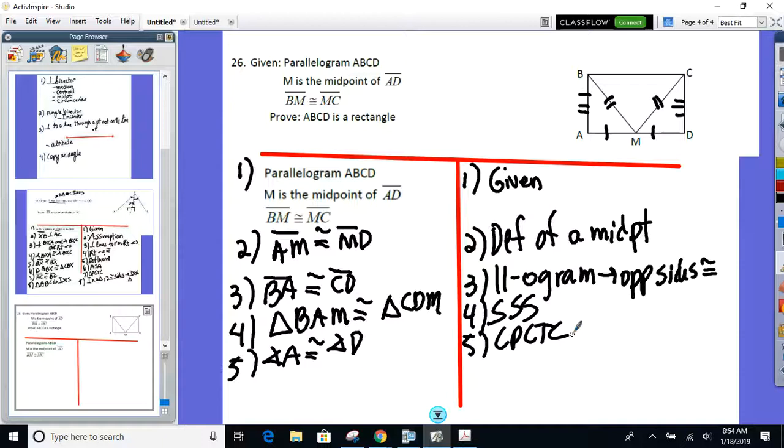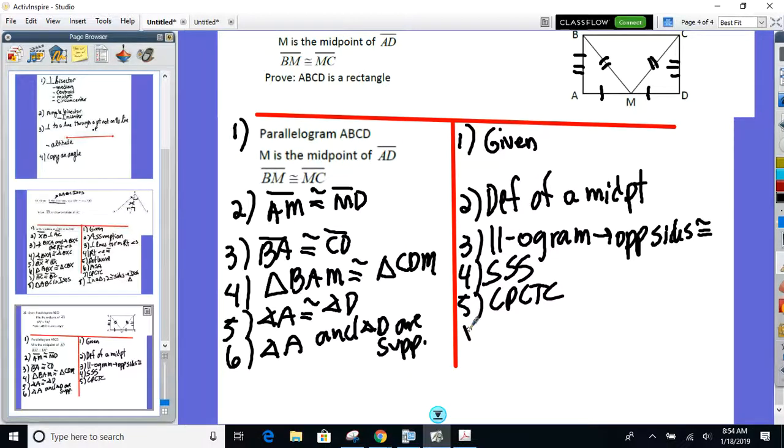They've got to be what type of angles? Right angles. Okay, how do we write that? Well, first I have to say that angle A and angle D are supplementary. And how did we know they're supplementary? Parallelogram implies,